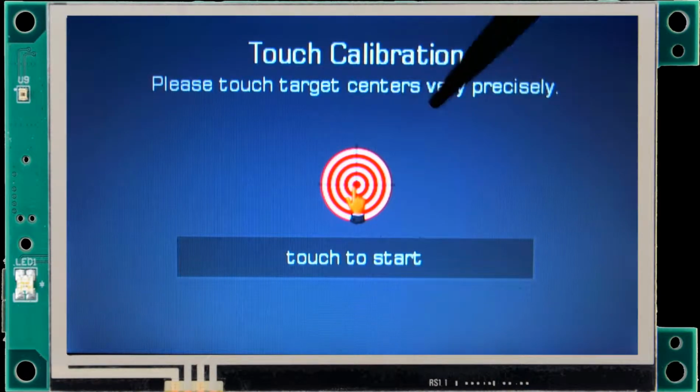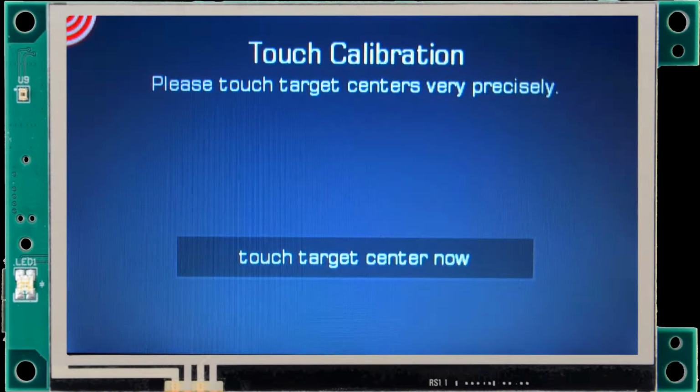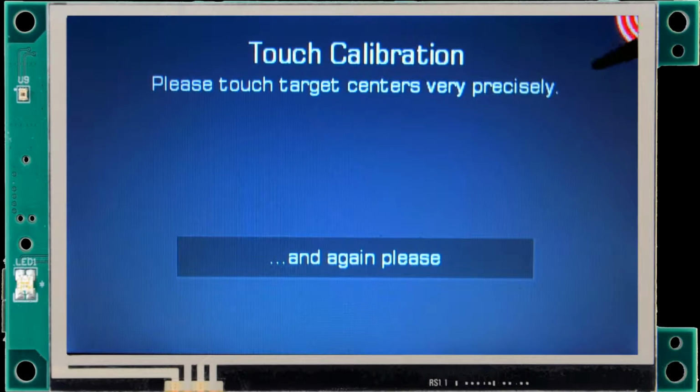So let's touch, and the natural thing for people to do is to start touching right in the middle right away. If you try this in front of 10 people, 9 out of the 10 of them will make sure they touch the center of the target even on this first screen. They don't actually need to on this first screen, but it's a good idea. Okay, and you might want to test that and say, no, you need to touch the center of the target. But what happens, now we're in the calibration algorithm, and here they are once they get the idea of touching in the center of the target. I'll touch this one, and you can see my stylus coming over and touching,